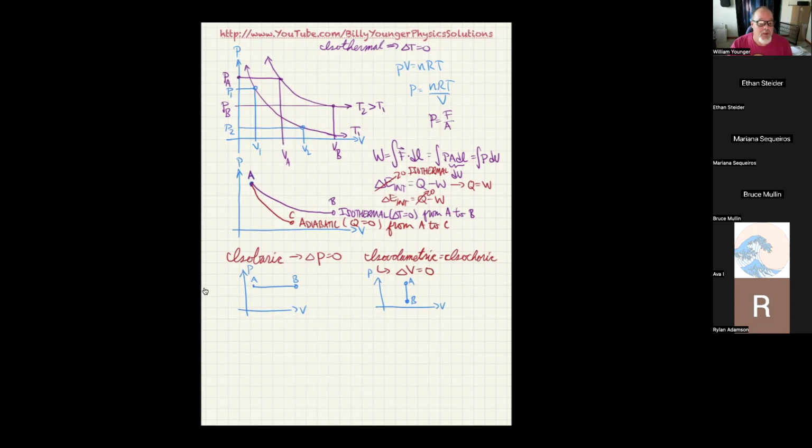Once you have all those definitions worked out, and you have this idea of work is equal to the